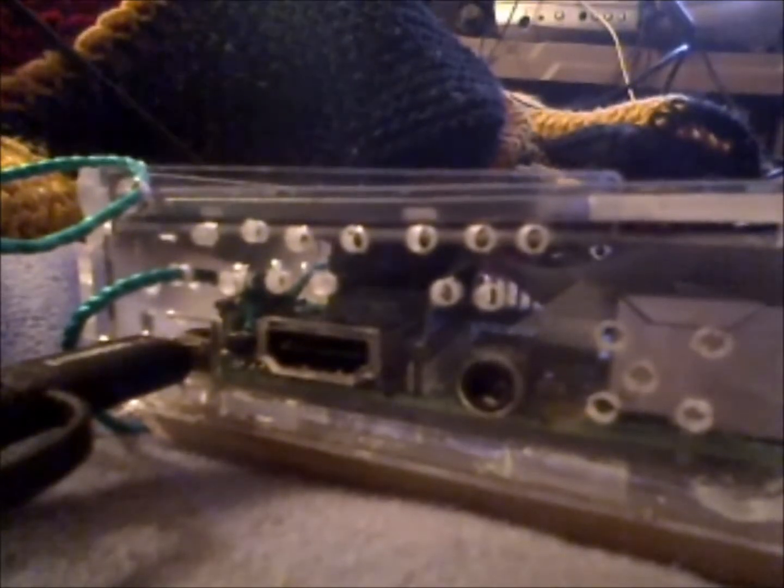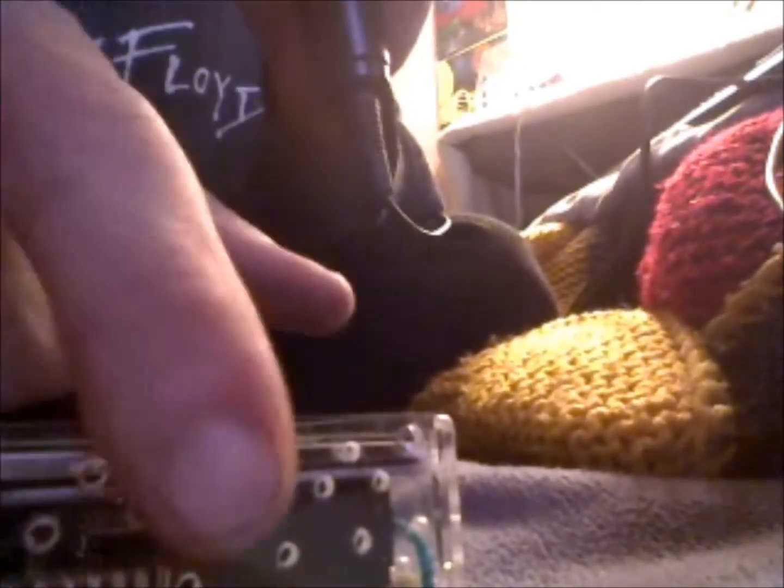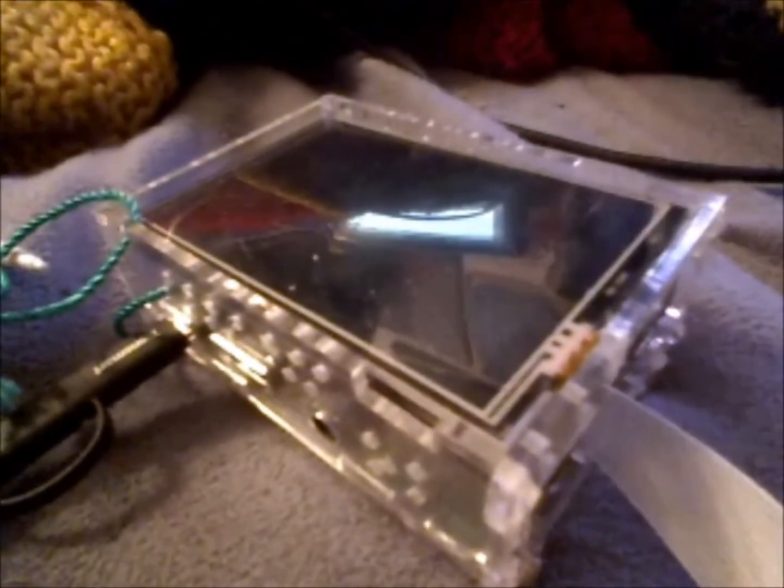So the issue is that the GPIO pins, you can get video through them, but there's two brains inside of this computer. The main brain deals with the graphics, and then the second brain is accessed through the GPIO pins. You're not really supposed to run a display through those GPIO pins, so when you are running a display through them, it has to be on that second brain, which doesn't have access to the GPU memory. So some Russian guy made a program that you can run on Raspbian that'll copy all the information from the GPU memory through the GPIO pins and onto your screen, which is why...